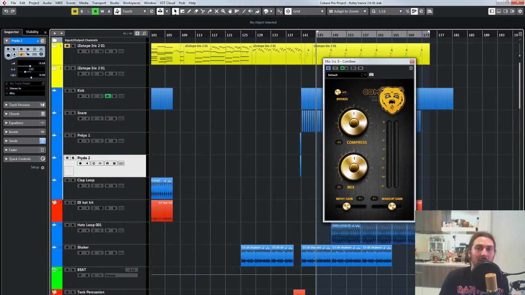Today we are looking at the WA Production ComBear. Now this is a parallel compressor that is completely free. It's basically a compressor with a mix control. Very, very simple. We're going to look at it on this kind of psytrancey, EDM track because